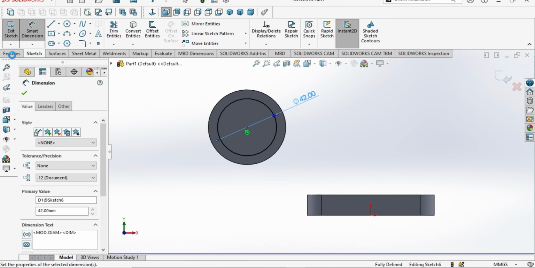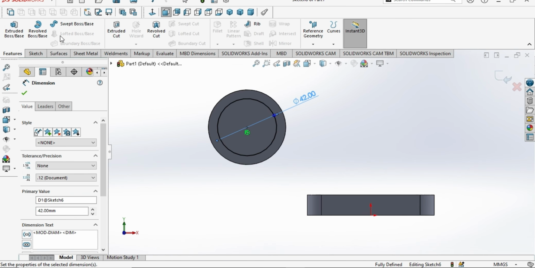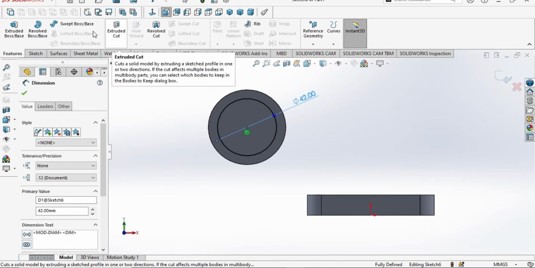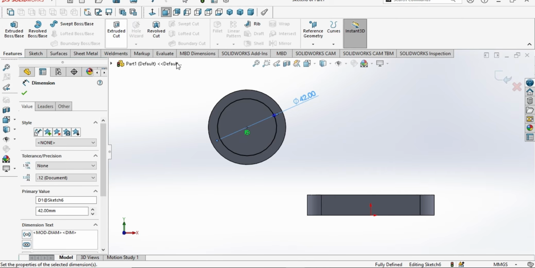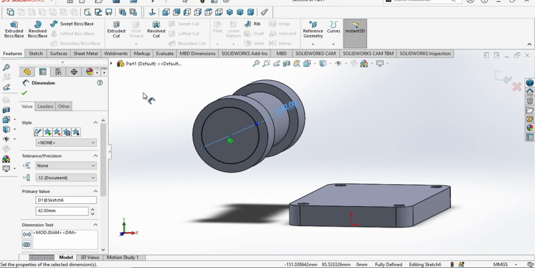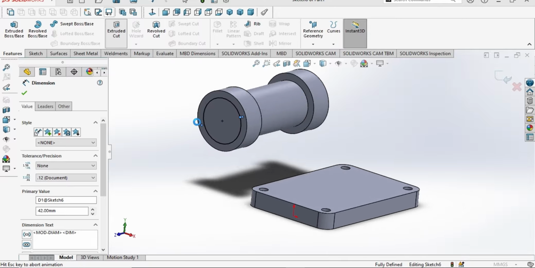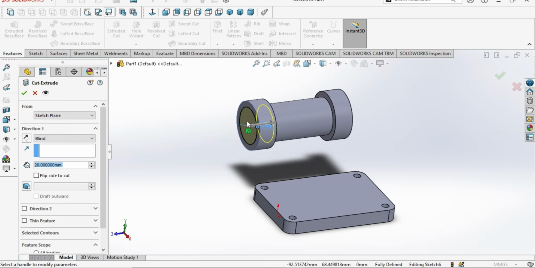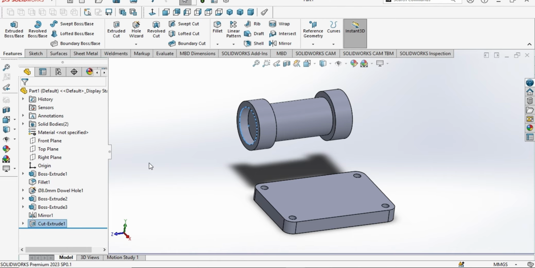Enter. Go back to the features. Now we will choose extruded cut, not extruded boss by base, because we want to cut inside. We want to remove the material. Now let's choose extruded cut, this, and let me type the amount of cut here, 10 millimeter. Okay,